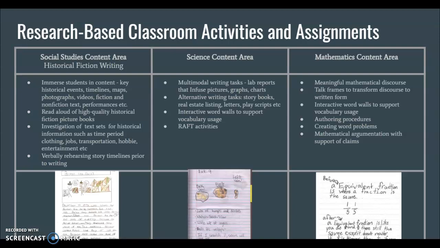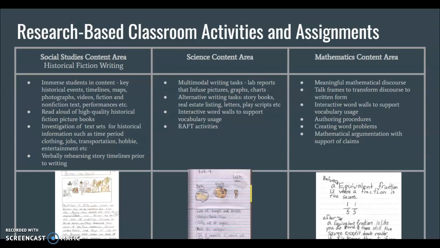So, continuing talking about the research-based classroom activities and assignments, including assessments that could be used with writing to learn activities in the area of social studies content within historical fiction writing, some recommendations that come out of research. As I just mentioned in the previous video, immersion of students within the content area, key historical events, timelines,